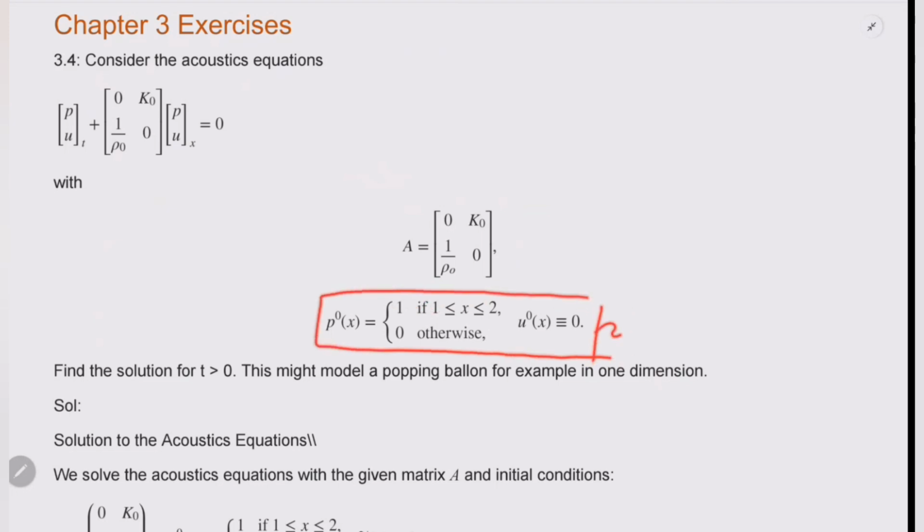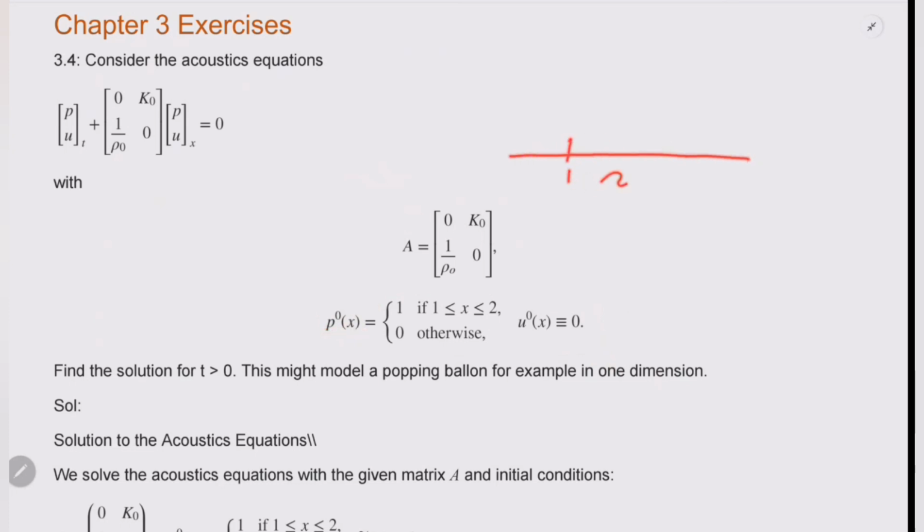The initial condition for pressure, this is for pressure. The initial condition only exists from 1 to 2, where the initial condition is 1. Otherwise, it is 0. Here it is 0 and it is 0 over here. And the initial condition for u is also 0. It is similar to the previous chapter where we had